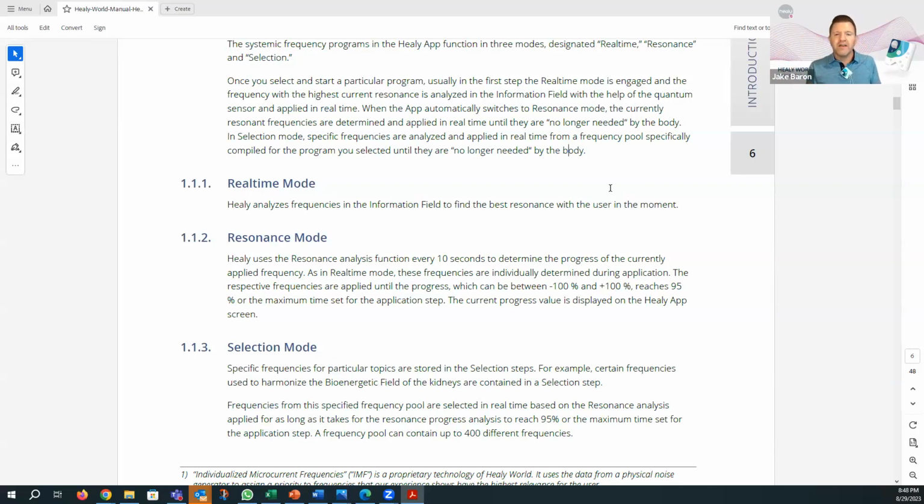So there might be some for you that start way in the negative percent, and other people have a different frequency, and maybe it only starts at negative 10% or something like that, and it cycles through a lot quicker, because your body no longer needs those frequencies. So for a lot of people, yeah, it might run that full indicated duration, but for others, you might notice it might finish a couple minutes early there.